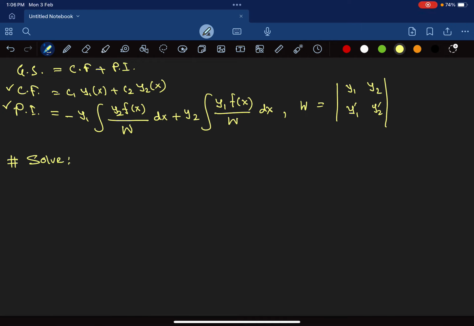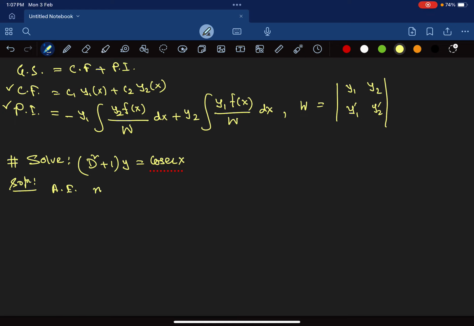Solve (D² + 1)y = cosec x. Here you can identify this is a homogeneous equation, and it is already given in terms of the operator D. So for the solution, you can see